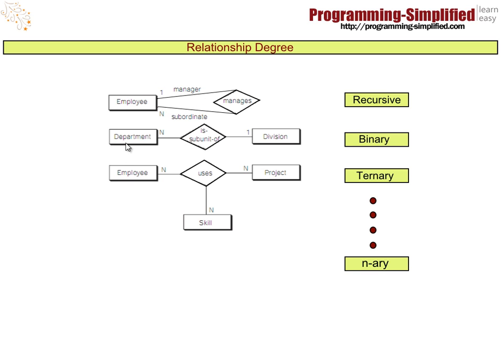In the second example mentioned over here, we have two entities having a relationship. So this is a binary relationship, and this is perhaps the most common form of a relationship. If three entities are involved in a relationship, we call it a ternary relationship. Similarly, there can be more than three entities involved in a relationship, but frankly this is a very rare